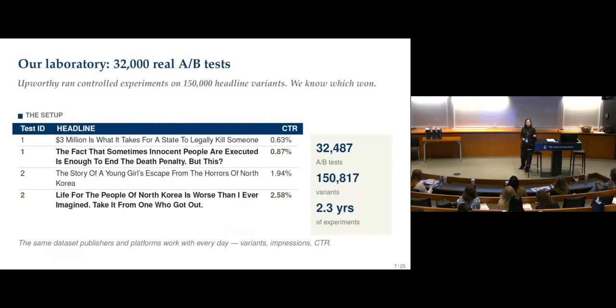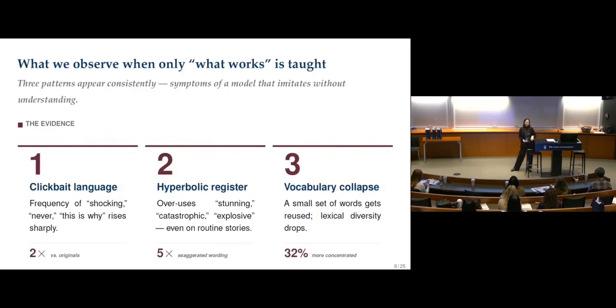Let me show you the context and data set that we use for this experiment. We got the data from Upworthy, because this is a public data set. In 2013 to 2015, Upworthy conducted very large-scale A/B testing. During each test, for each article, they published multiple versions of headlines and recorded their click-through rate. So this is a very clean test where you know certain headlines work better than others. Then we fine-tune on this. We show the LLM all these pairs of examples, some better, some worse. And this is what we found.